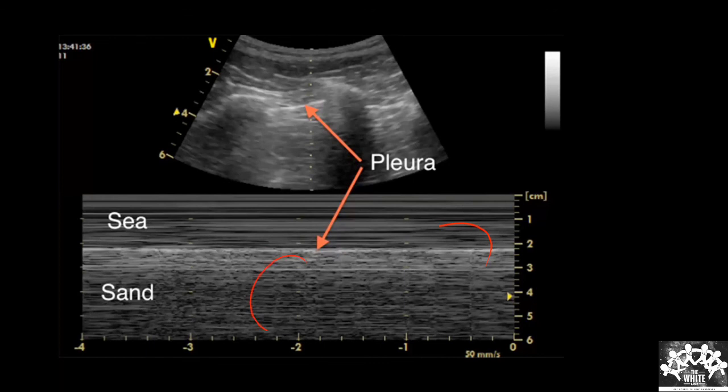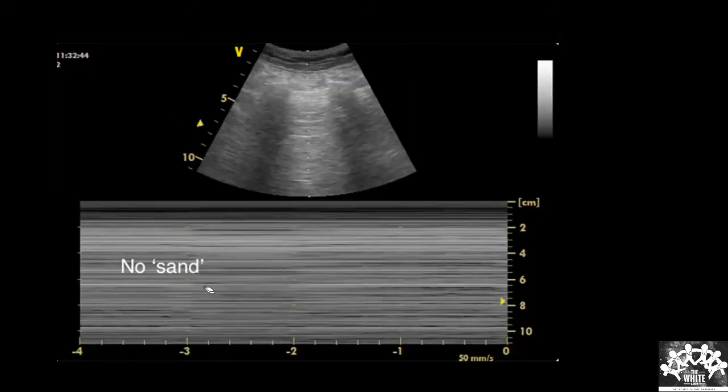Now deeper to it is normally lung. Normally when the lung is present and the patient is breathing, there is continuous movement happening. See how the image is grainy. It is not from the same place. The lung is continuously moving, so the image is also continuously moving, so it appears grainy. These two things are very important to remember.